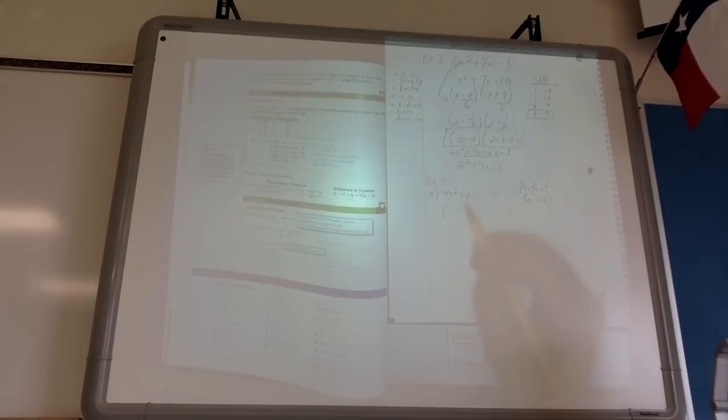Here's what I mean. If the same thing times itself gives us 4x squared, I can try a shortcut, all right? That would mean that I would have 2x times 2x. Does that give us 4x squared? Yes. I can look at the constant, or my last term. If it's a perfect square, take the square root. What's the square root of 25? It is 5. I'm adding these because my middle term is positive, so I'm going to put pluses in there,